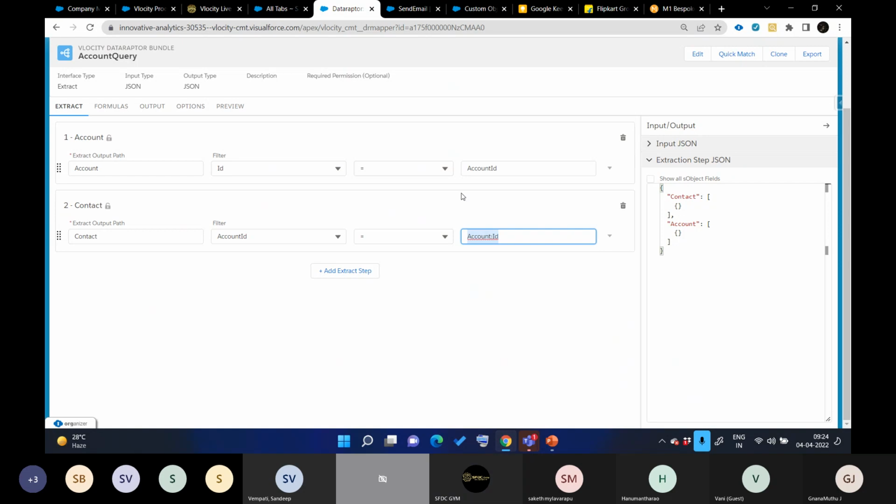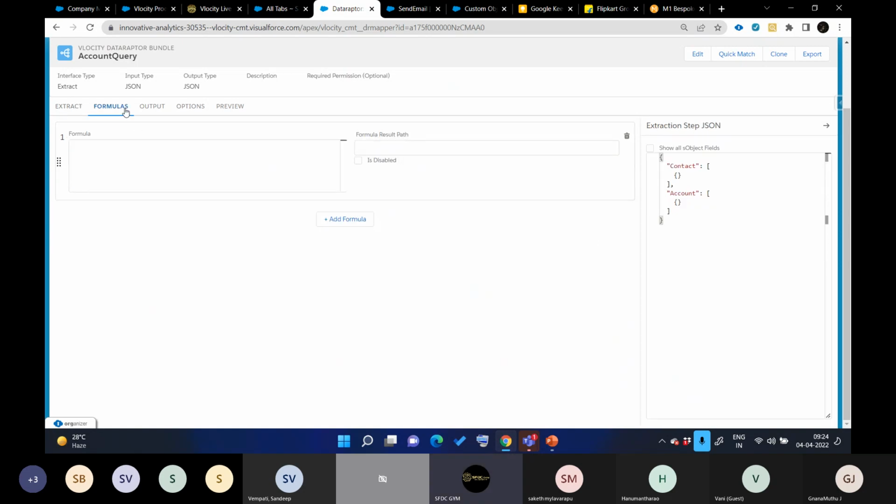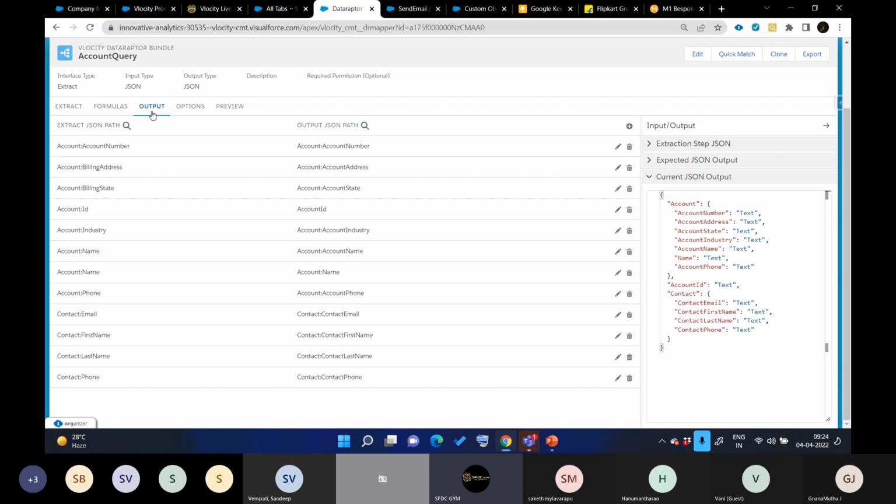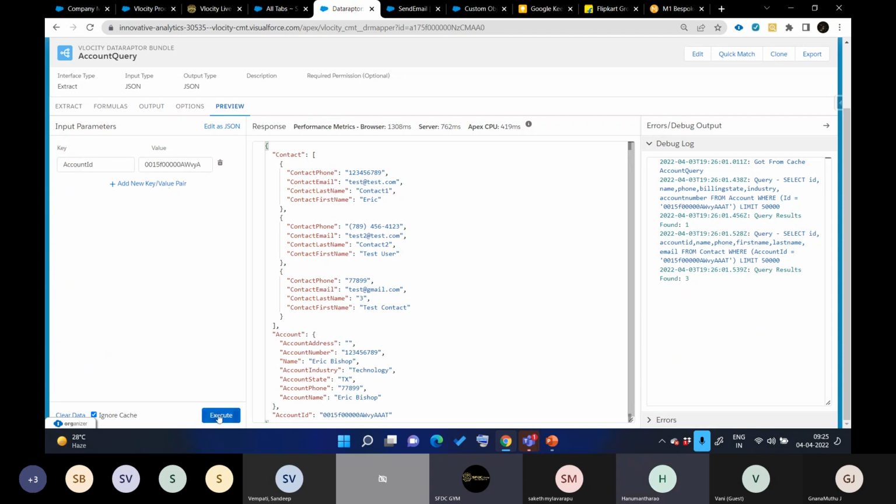So this is the place where we go and create our object binding to get the data. And this formula is something where we need to do some more challenging or very specific calls, where we simply call our Apex class or use null checks like is blank or is include. Those things we can do in formulas. Output is something where we need to bind those things. If you just look at this side, you will see what this is creating. This is nothing but maintaining the JSON. Okay, if I just go to the preview, and yeah.